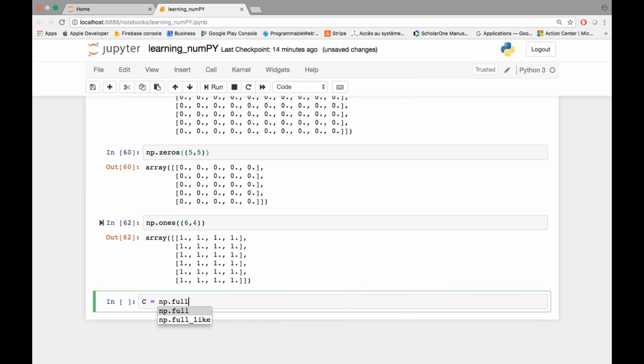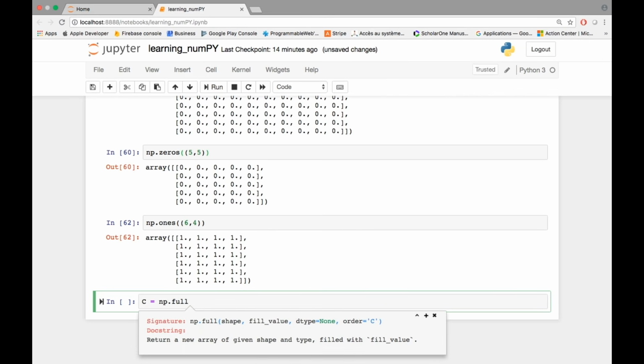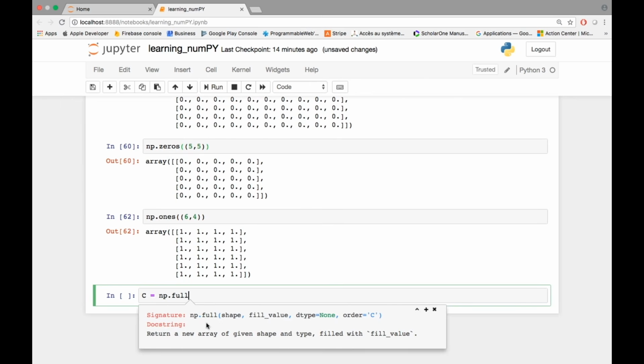So let's say you come across a function that you have never heard about. If you're using Jupyter Notebook, you can know more about this function by simply holding Shift and pressing Tab as such. It will give you a description of your function. So as you can see here, np.full, the first argument is shape, which means the dimensions of your matrix, or your array. And the second argument is fill_value, which means the value you would like to replicate or fill